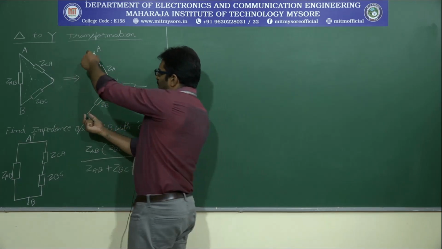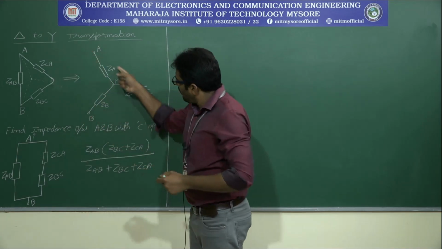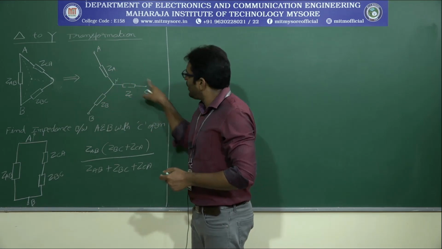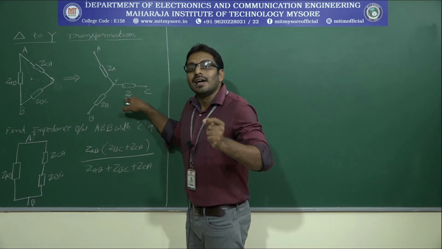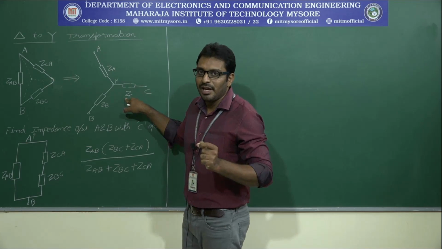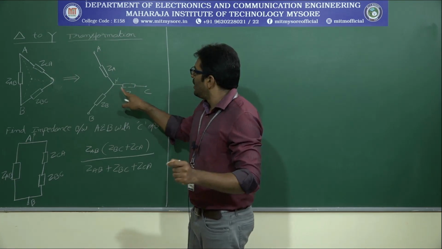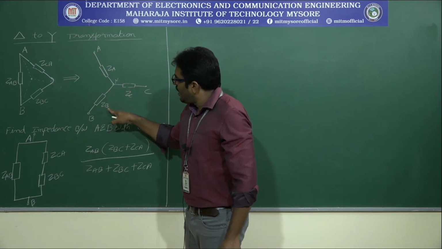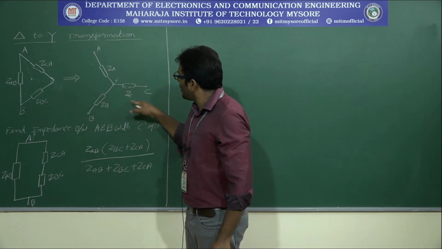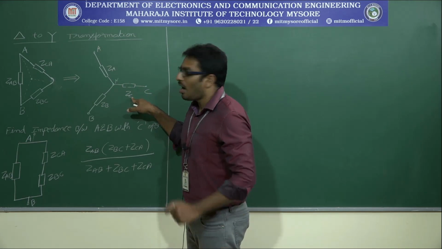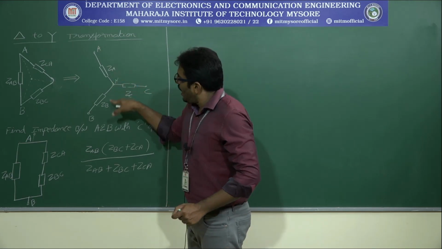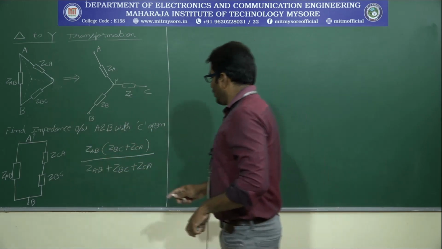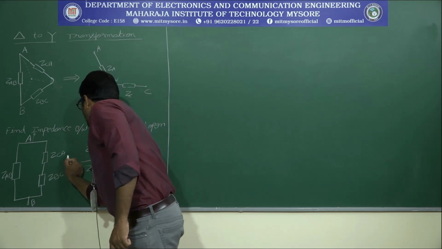If you are measuring the impedance between these two, we are considering only these two impedances because the other is a free terminal. It behaves like a redundant element. That's why the effective impedance between A and B is ZA plus ZB. Because if you consider this a redundant element, ZA and ZB are connected in series. Therefore, this is for delta connection.